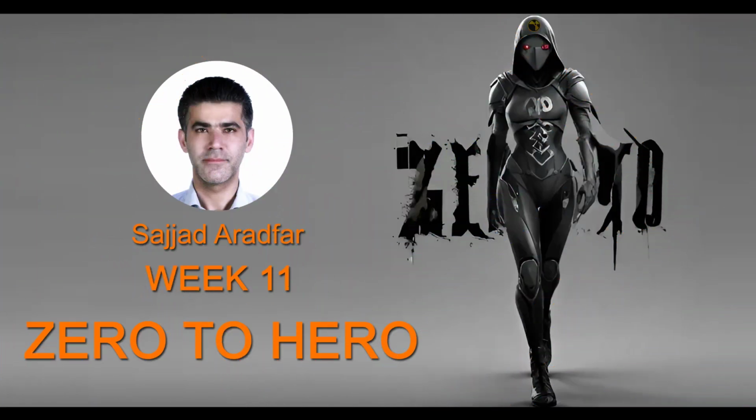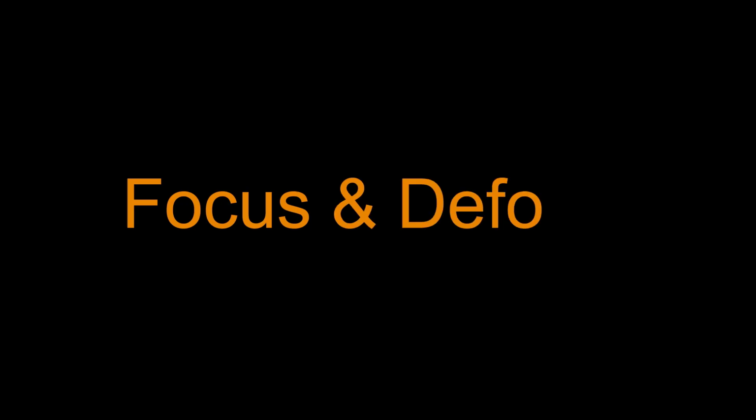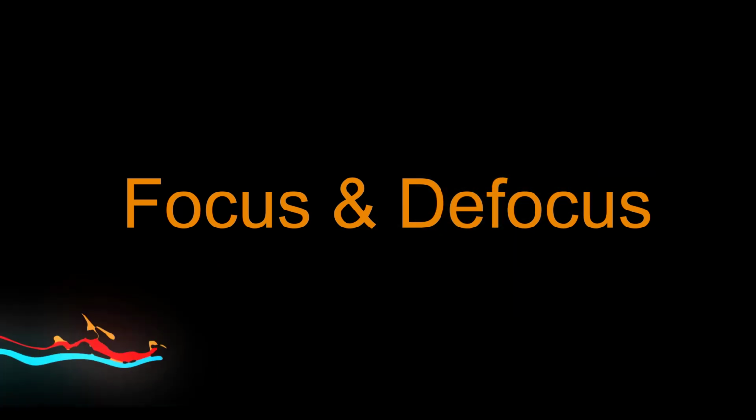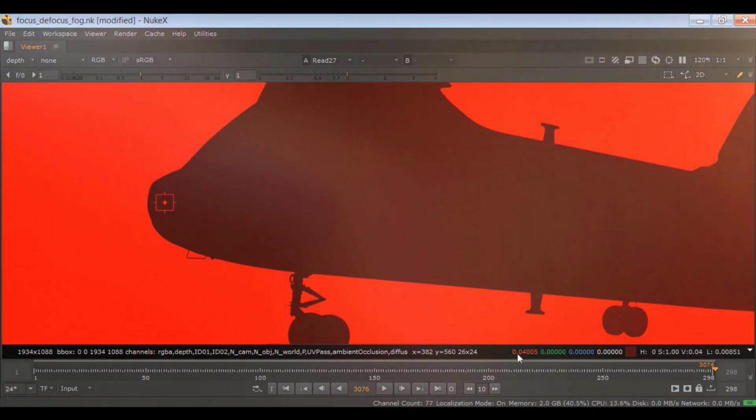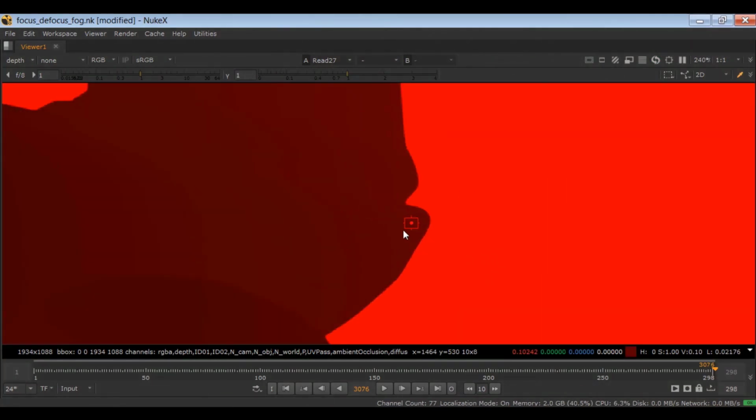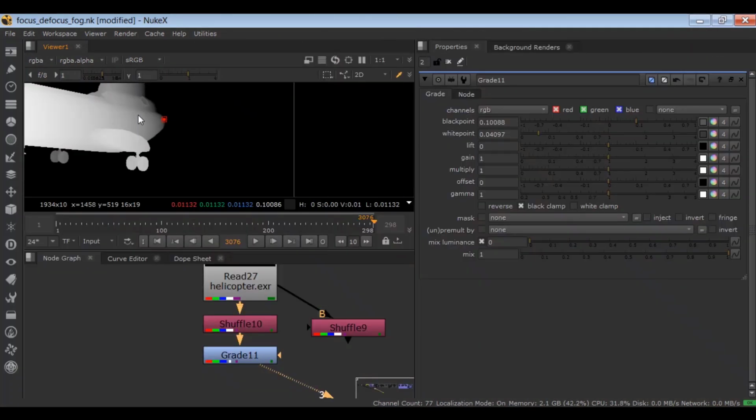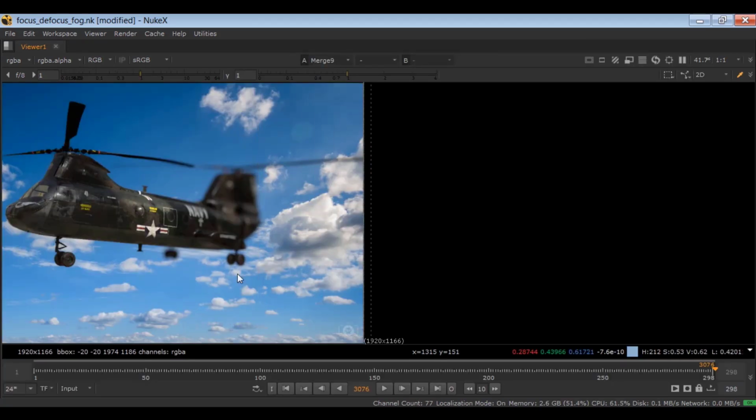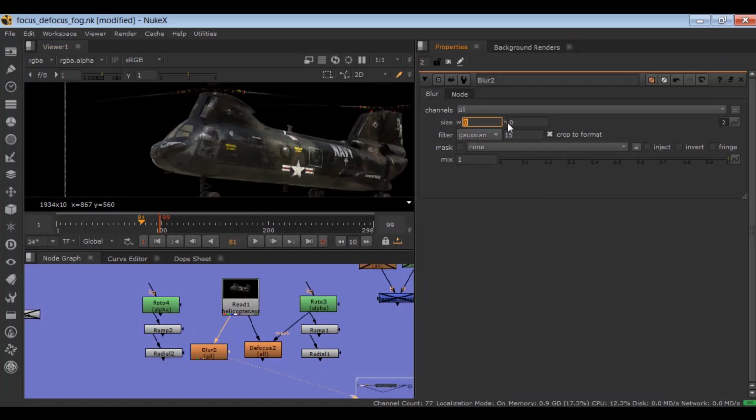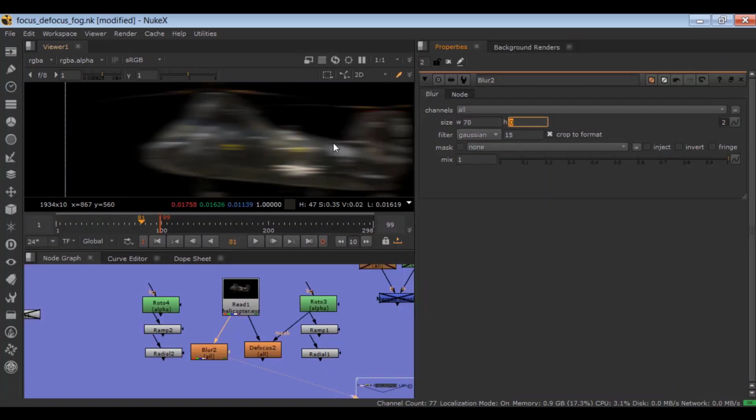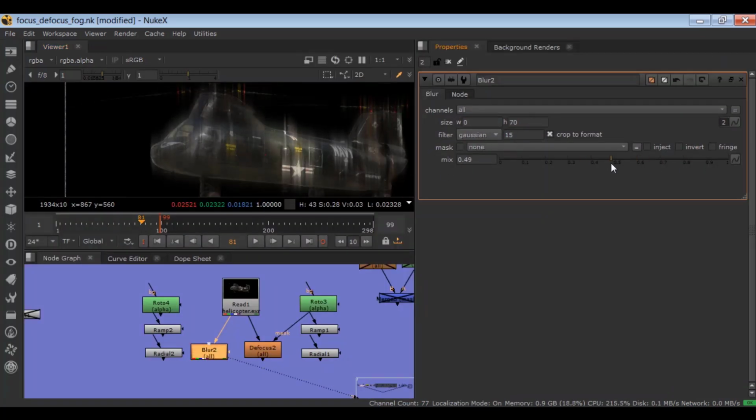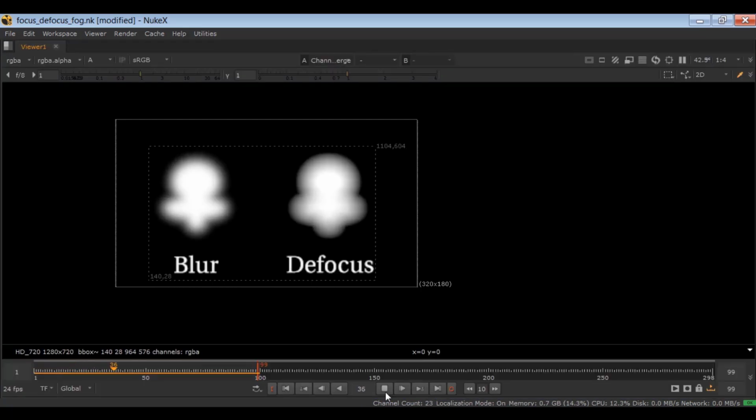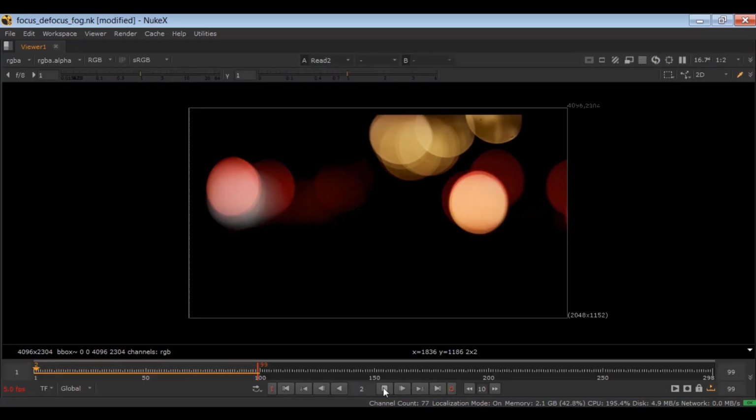In week 11, we will delve into one of the most critical aspects of compositing: focus and defocus. Mastering these techniques allows you to seamlessly integrate elements within a shot, ensuring they share the same level of camera defocus and enhancing the overall impact of your composition. You will learn fundamentals of focus and defocus, understanding the differences between them, techniques for achieving precise focus and defocus